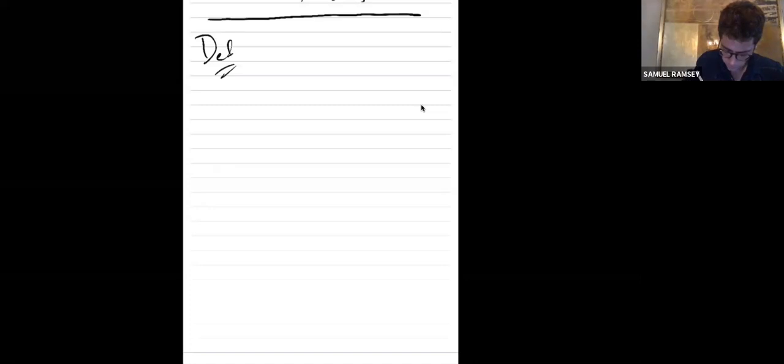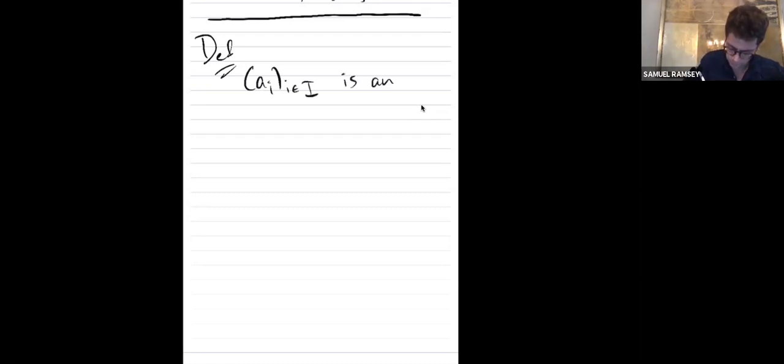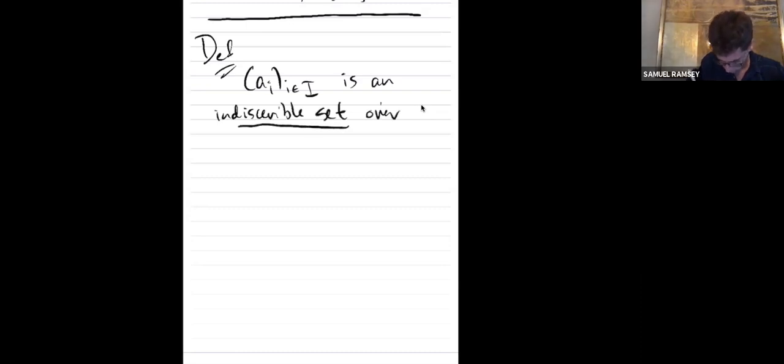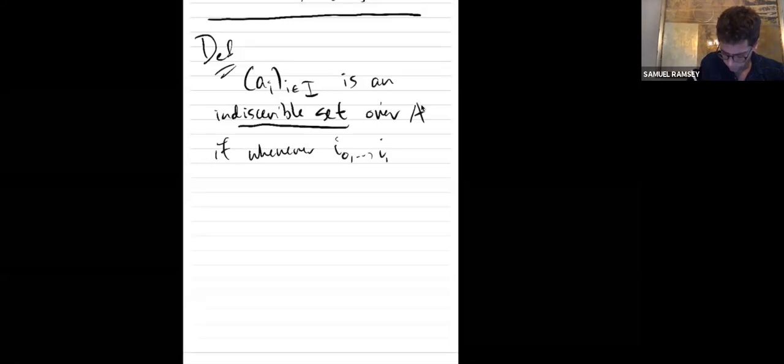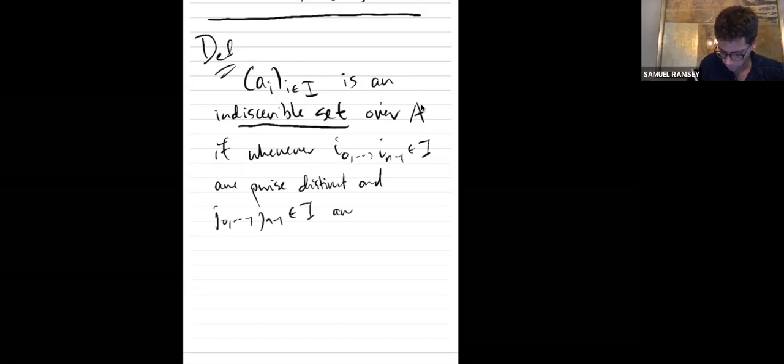So we say (a_i : i in I) is an indiscernible set over A if whenever i_0 through i_{n-1} in I are pairwise distinct, and j_0 through j_{n-1} in I are pairwise distinct,